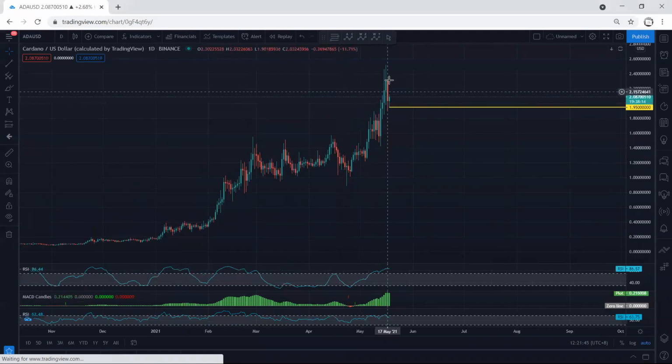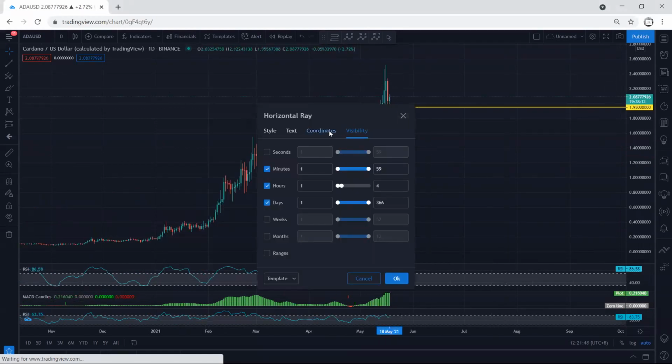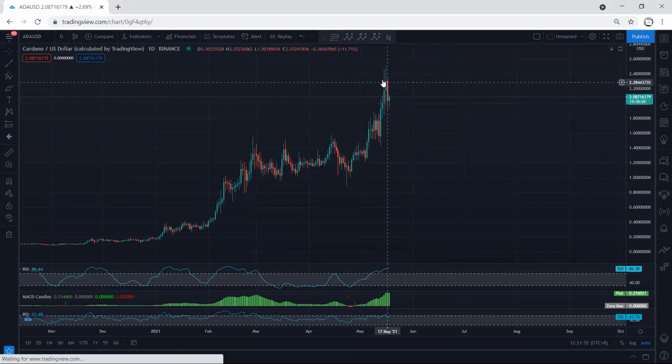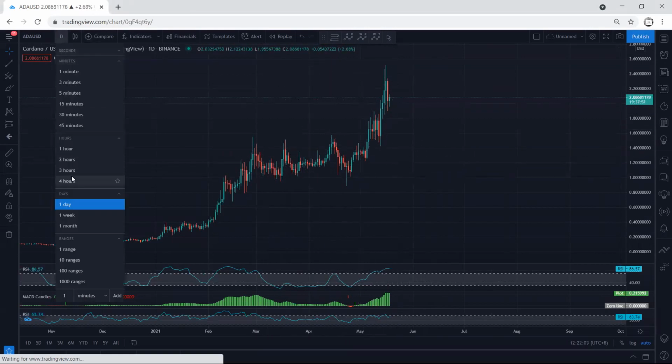As you can see, the price on the daily chart is almost at the top, there was no continuation, and mostly we can expect to get a correction here. This is how ADA behaves. As we can see, the way it's moving is really corrective. It's not really sharp with the continuation.